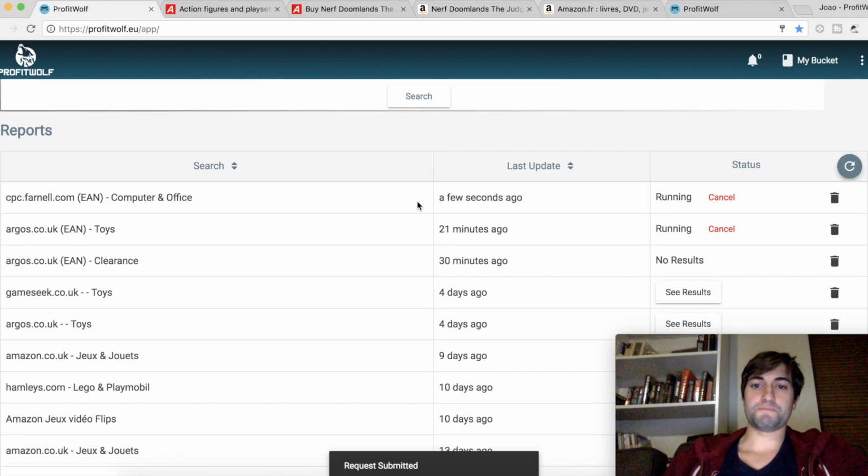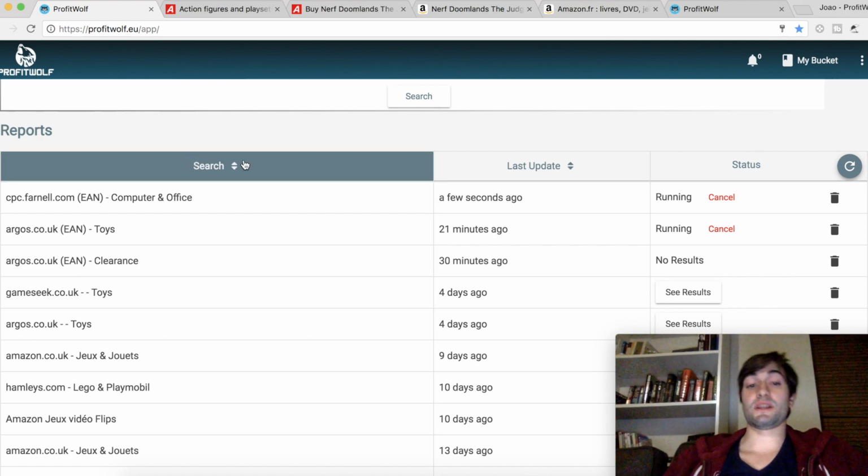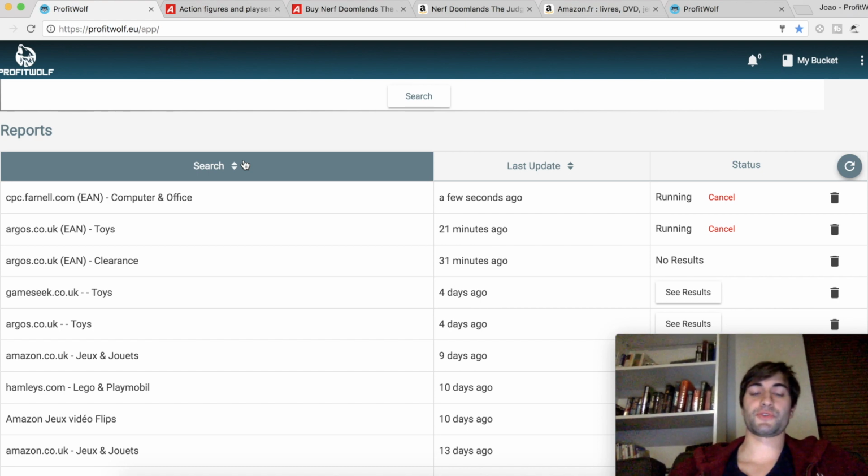And then you just go about your day. You can close this window if you want. The scans will be running in the background on the servers. What I like to do is scan them before going to bed, so when I wake up I have my results, or I can scan them in the morning, and then when I come home from work I have those scans ready for me to